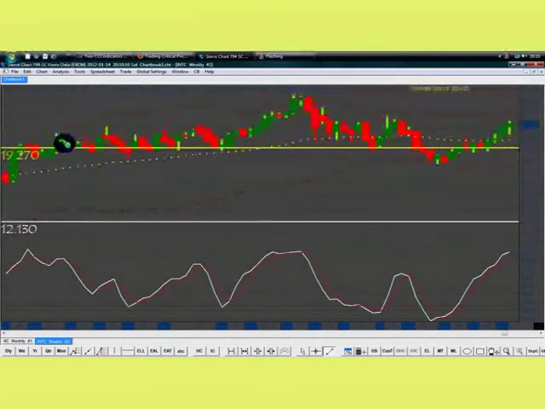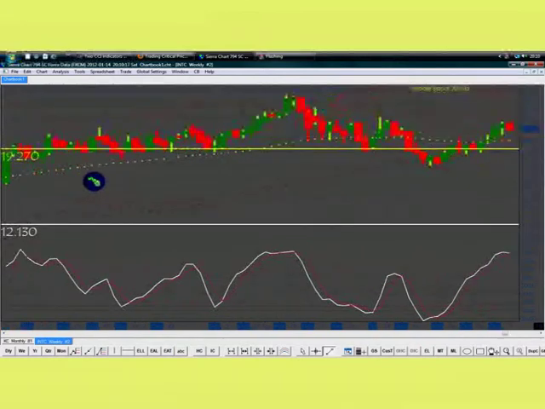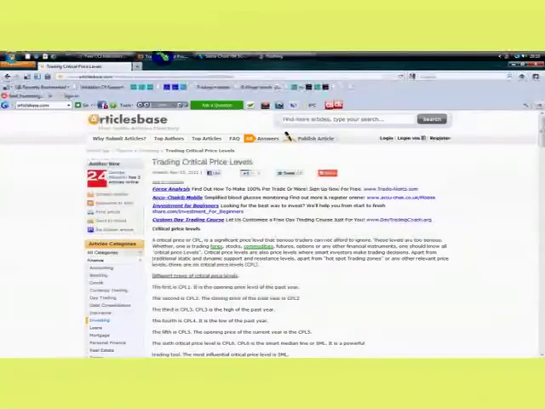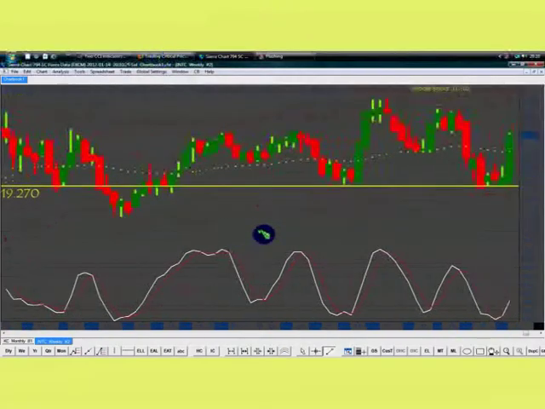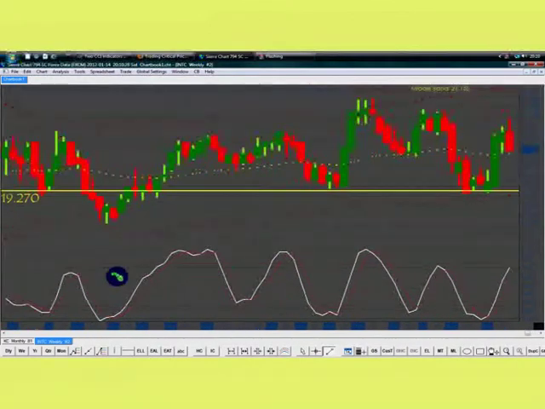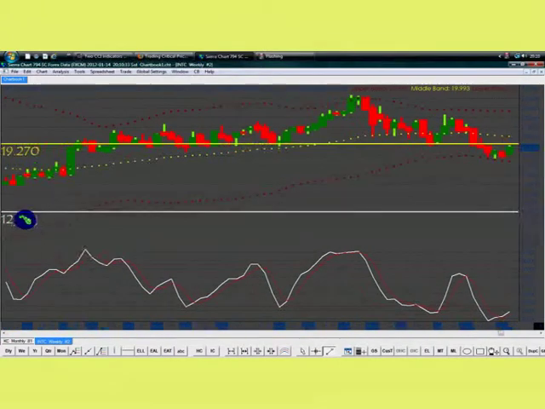We see that the price was going horizontal. You can see how the price is bumping on the smart media line. This is the yellow line here, a very important and the most influential smart media line. You can go to the article base and check the trading critical price level. A very important tool that traders cannot afford to disregard. We were first going along the smart media line for many months. You can see here, in this session, we're going along the smart media line.